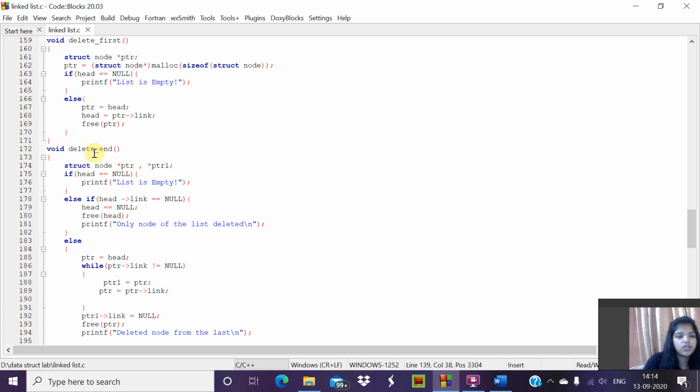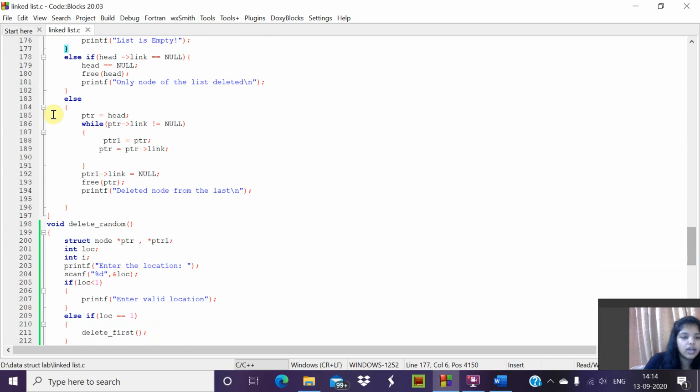Next function definition is for delete end. Same as that, we're defining ptr and ptr1. We are checking the condition head equal to null. If it is true, then it will print list is empty. Else if it will check whether head of link equal to null, and if that condition is true, then we'll keep head equal to null. Then free of head, printf only node of the list deleted,